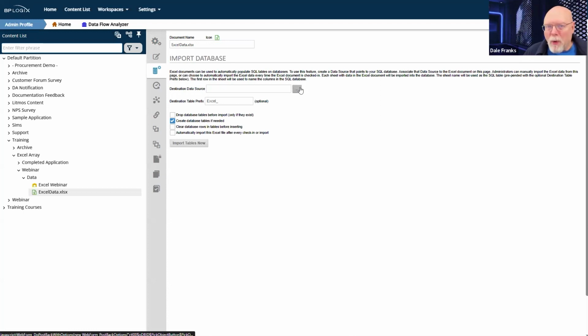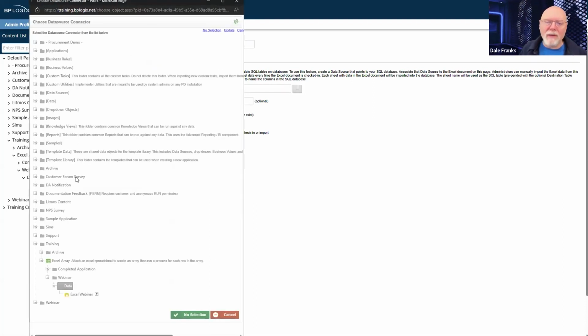If I want to import this data, which obviously I do, and I want to import it every time that I update this Excel spreadsheet, so I want to import the Excel data every time I import a new version or check in a new version of this Excel file. Every time it gets overwritten, I need to re-import the data.